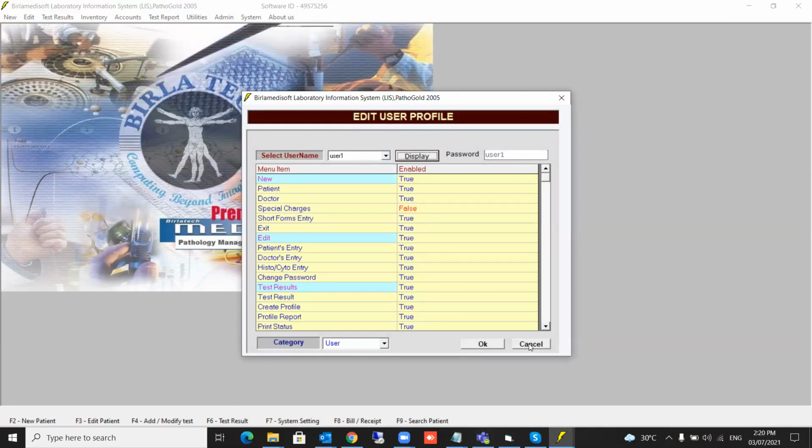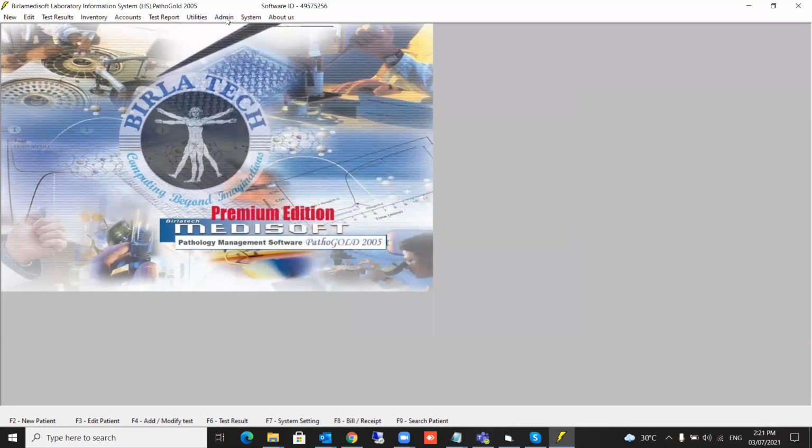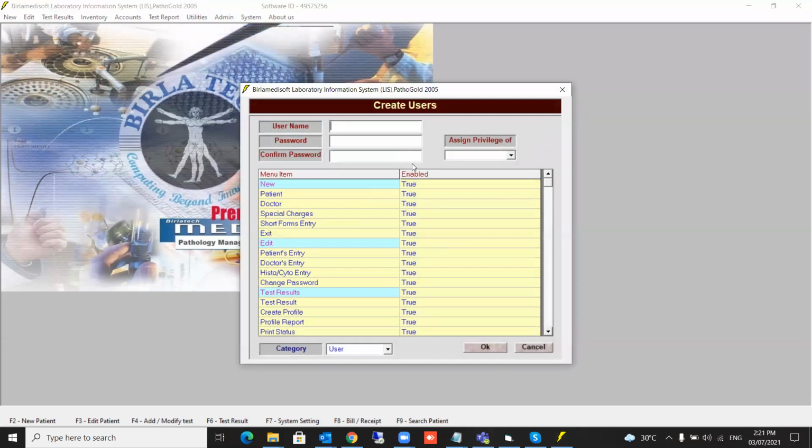It is possible. Now we will take another user where we are going to completely change something. User 2, okay. And for this user, you don't want some menus to come, only new and edit entry should come. So what do you do? You just say no test result, like a reception. Okay, no inventory control.